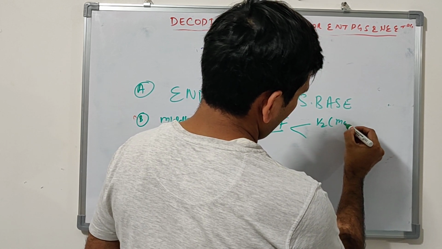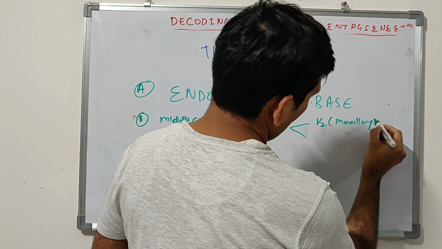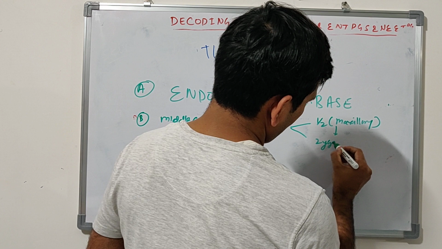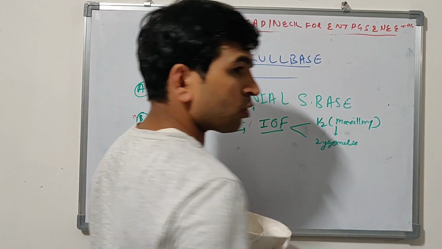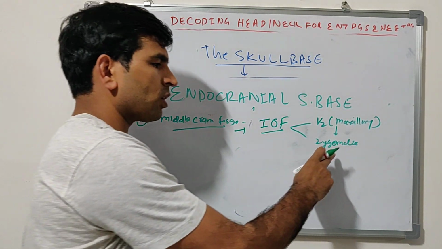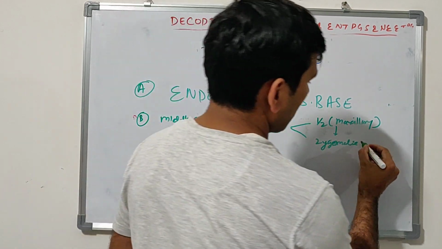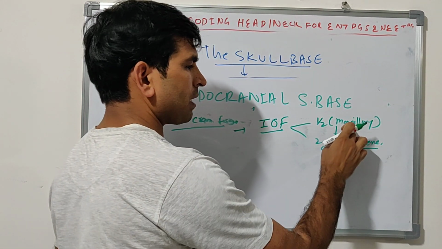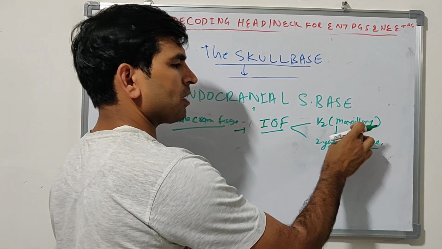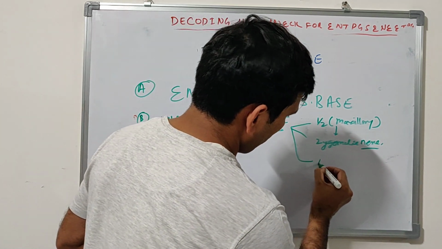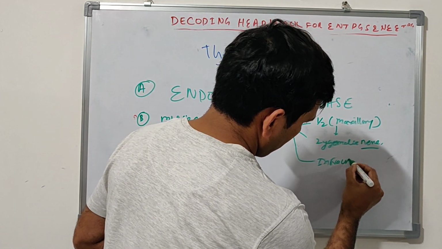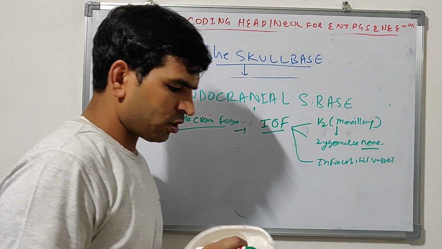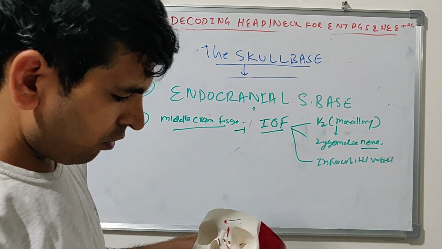Inferior orbital fissure mainly has V2, the maxillary nerve, coming from the foramen rotundum, and a branch of it, the zygomatic nerve. This is a sensory branch. One zygomatic is also called a facial nerve branch, but we are talking about the V2 branch, the zygomatic nerve, still coming from the foramen rotundum. The maxillary nerve continues, and you may find infra-orbital vessels. These three structures pass through this.